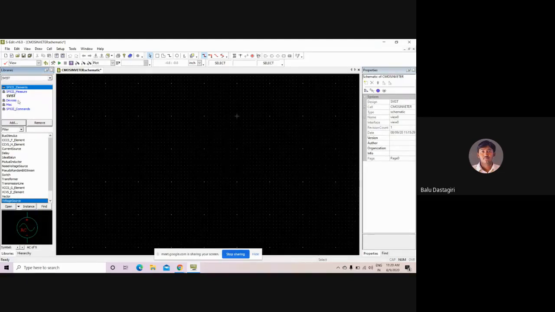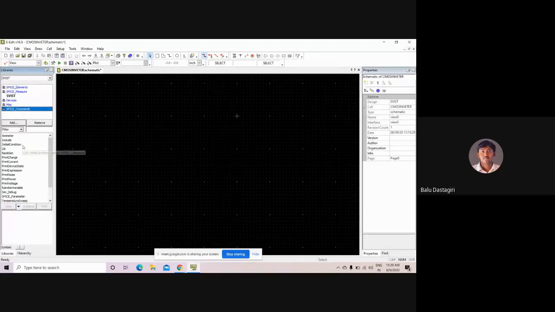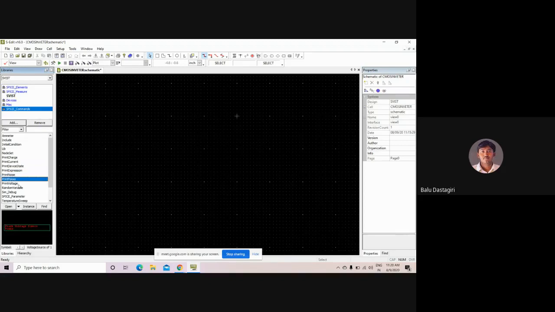The next one is spice commands. In order to measure, the different measuring properties are defined in the spice commands. You can see here print charge, print current, print device state, print expression, print noise, print power, print voltage, print random variable, spice parameter, temperature sweep.